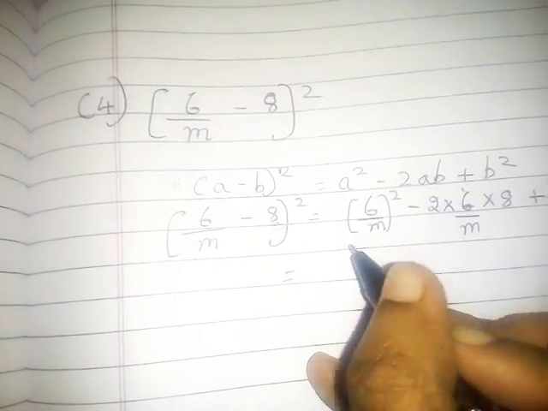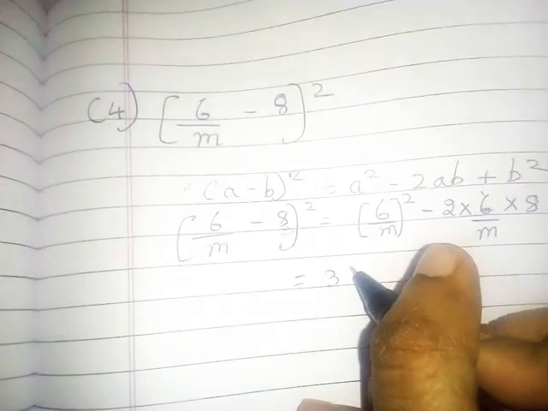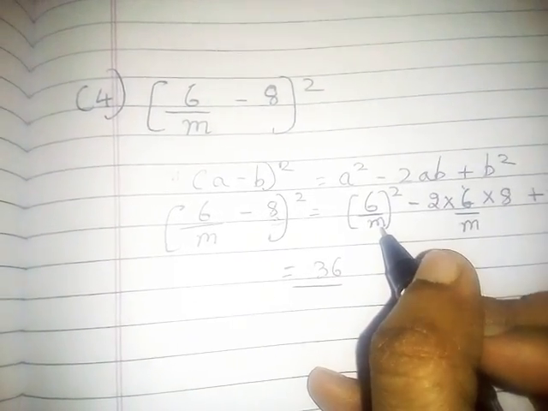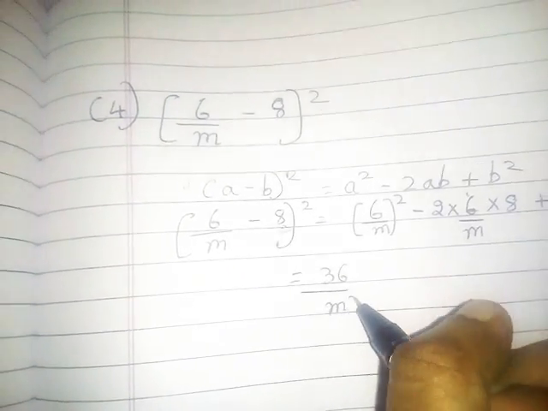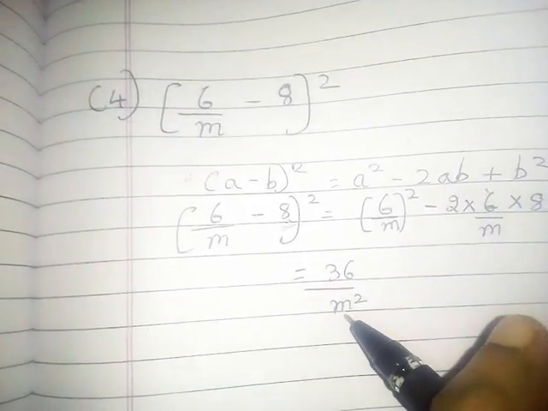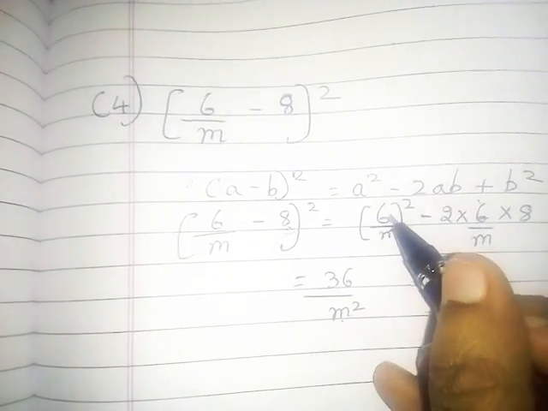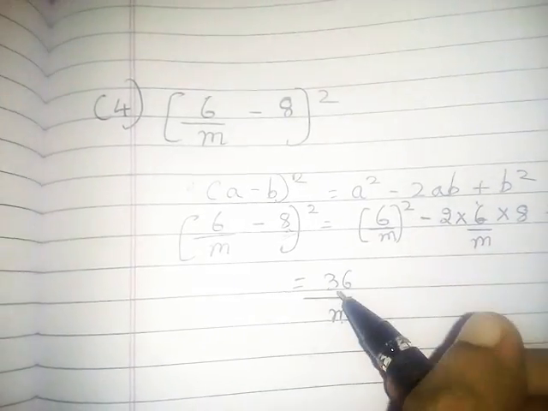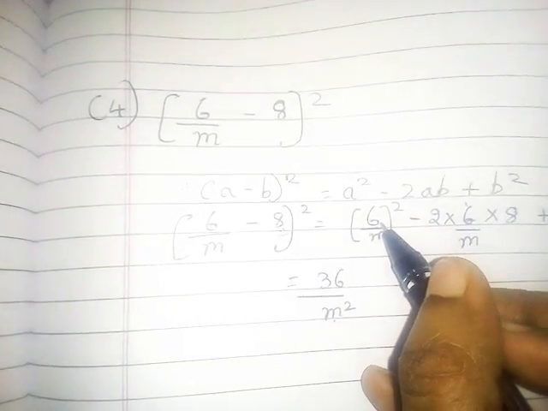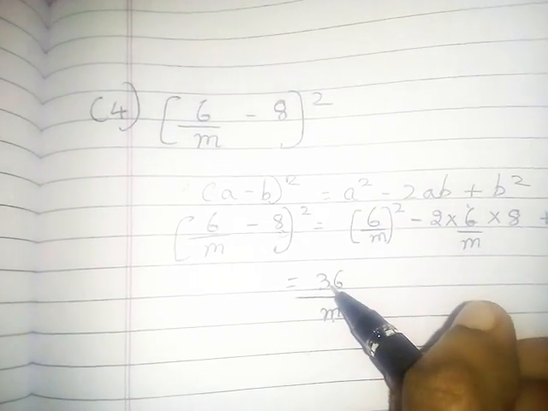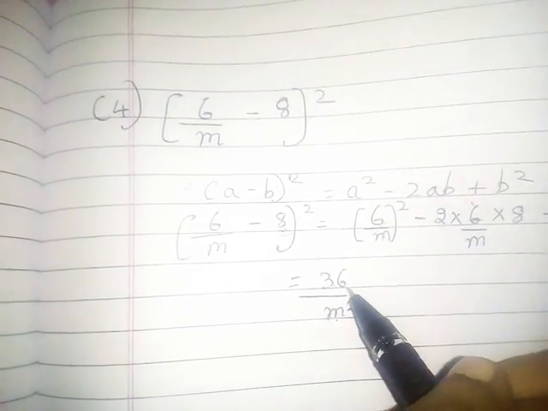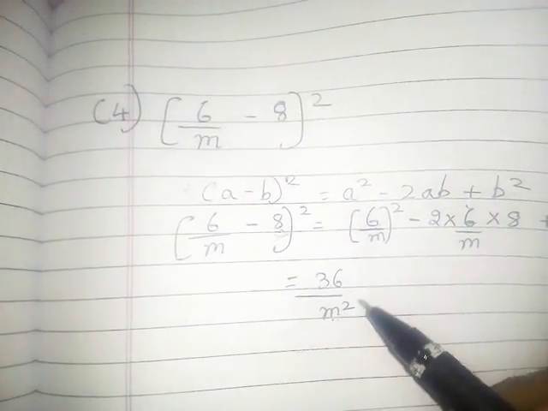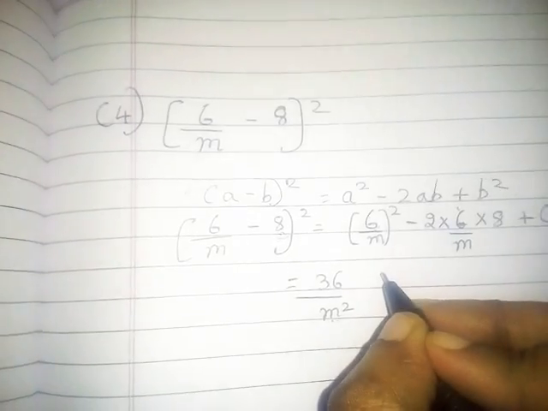First multiply the numerator. 6 square is 36. 6 6s are 36. Okay. Denominator, what is there? M. Square of the variable remains the same. M square will remain m square only on denominator. And numerator 6 is there. Square of any number you have to multiply. Here 6 6s are 36. Any number is given, square of the number you have to multiply, and on denominator any variable is given, square of the variable remains the same. This point you have to remember, students.